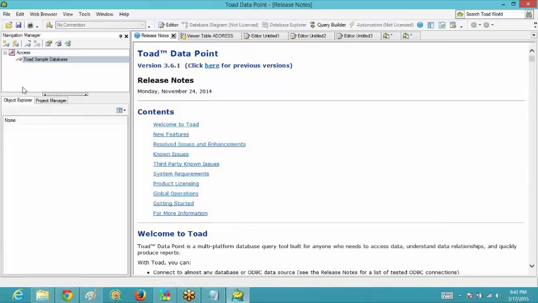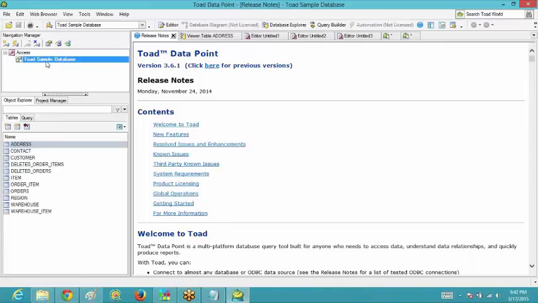Okay, so now to connect to the database, we will double click over here. All the table names would be present. Then we can go to the editor tab and open the editor window.